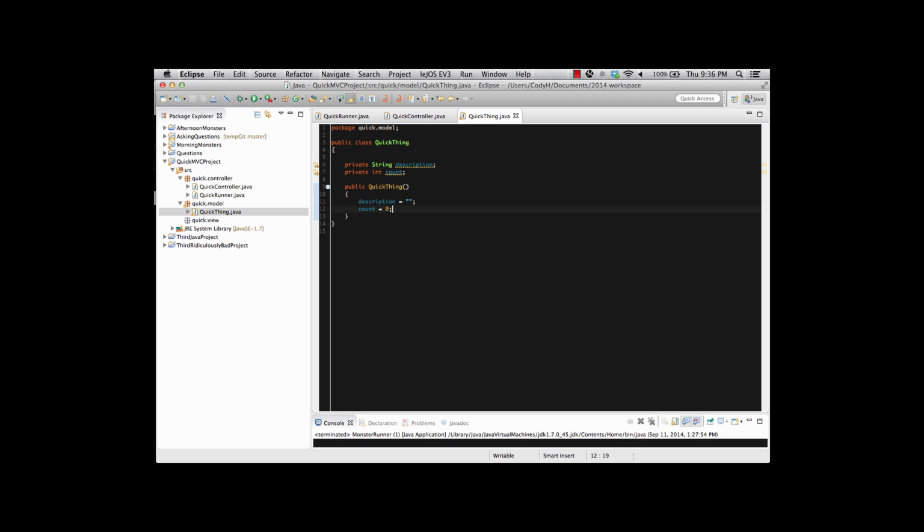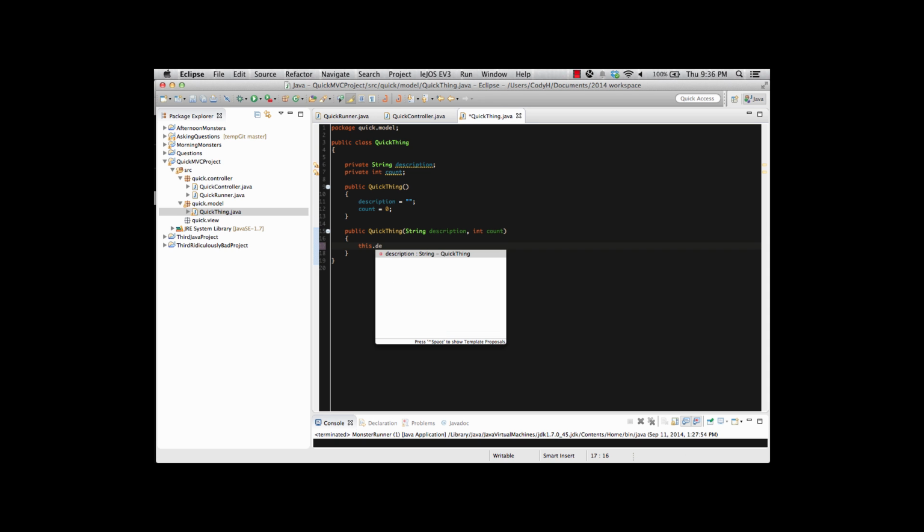And then we'll make a second constructor, one that will actually have values that we can use and provide some information into our project. And so a public quick thing, open and close parens, and inside there we'll have a string description, comma, and then int count. And we'll do the this.description equals description,